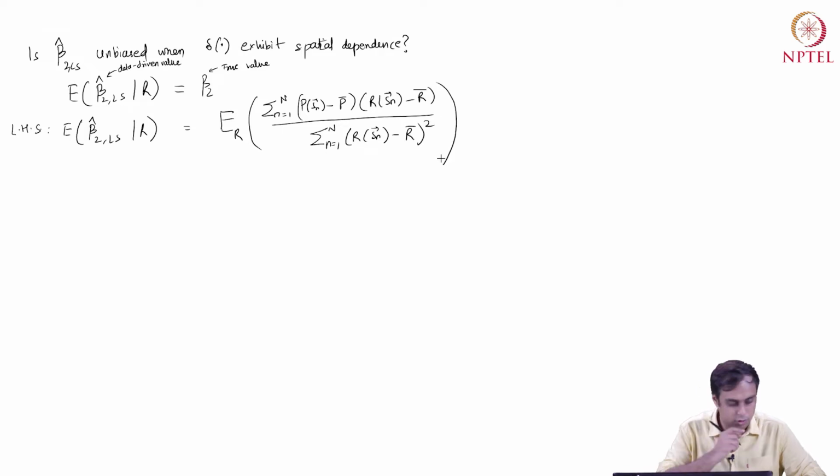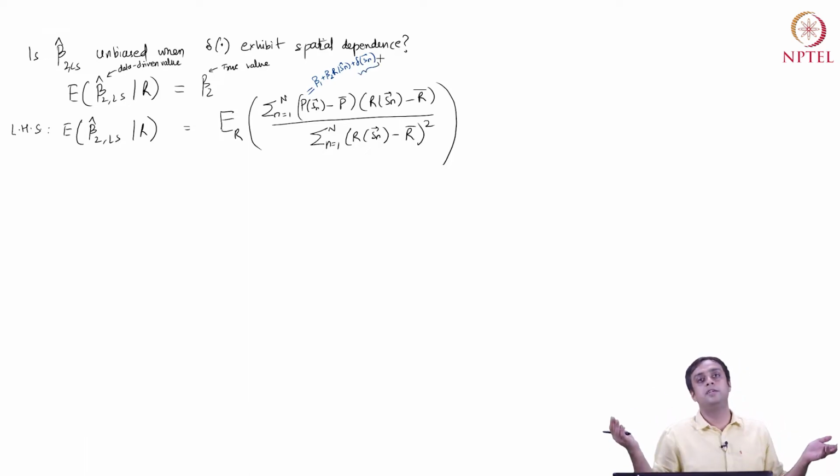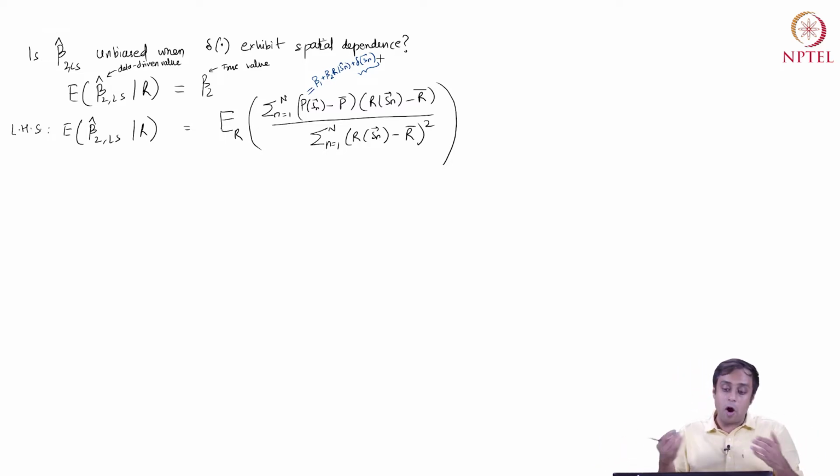bar the whole squared. Now, we know that this Psn through my regression model is beta 1 plus beta 2 Rsn plus delta Sn. So the only thing that is random inside the expectation operator is going to be indeed the delta, because R is constant, because we are looking at conditional expectation. Beta 0 and beta 1 are both constants. They are just true values of these parameters. They are constant values, right? So the only thing to look out for is delta Sn.